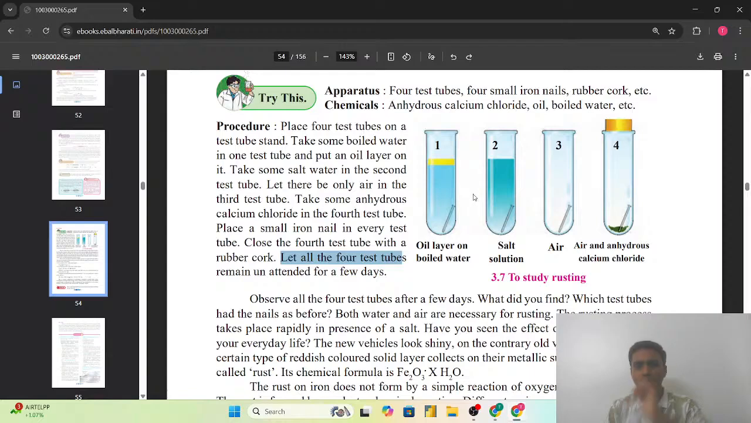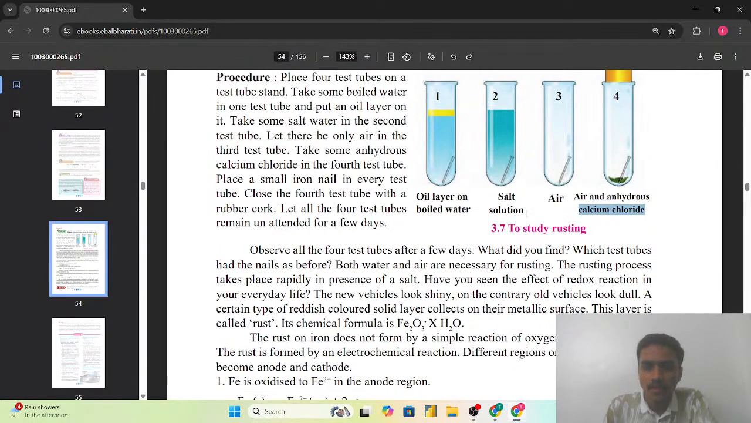मतलब सिंपल एक्टिविटी है कि चार टेस्ट ट्यूब यहाँ पर लिए गए। पहले में ऑयल लेयर ऑन बॉइल्ड वाटर, मतलब एक टेस्ट ट्यूब में बॉइल्ड वाटर लेना है और उसके ऊपर ऑयल डालना है, ऑयल की लेयर। और सेकंड इसमें सॉल्ट का सॉल्यूशन लेना है। थर्ड इसमें कुछ नहीं, सिर्फ एयर, और फोर्थ एनहाइड्रस कैल्शियम क्लोराइड। This is the simple activity. तो उस सब में हमें एक आयरन नेल डालना है।